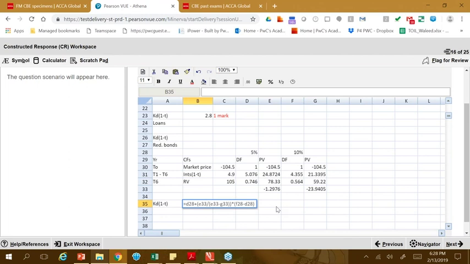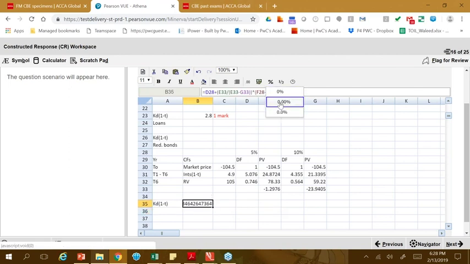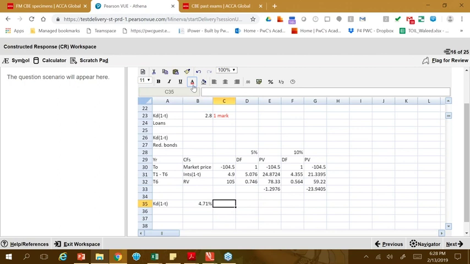Once I input all the functions in, I'll get the KD1 minus the T here, which comes out to be 4.71% or 5% rounded. And this will give me 3 marks for working this out. So we have found out now the cost of equity, the cost of preferred shares, the cost of the bank loans, and now we have also found out the cost of the debt of the redeemable bonds.